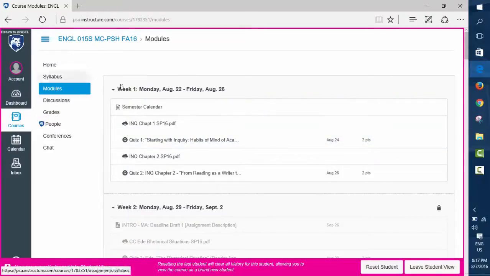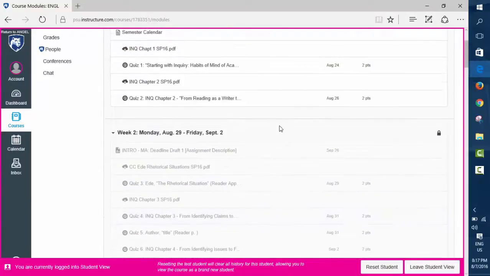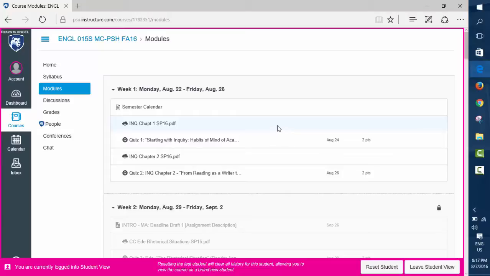So these things are completely up to you. I would say if you want to try to do something where you're building it as you go, I think it's possible in Canvas, but you'll probably have to go very easy on the due dates.